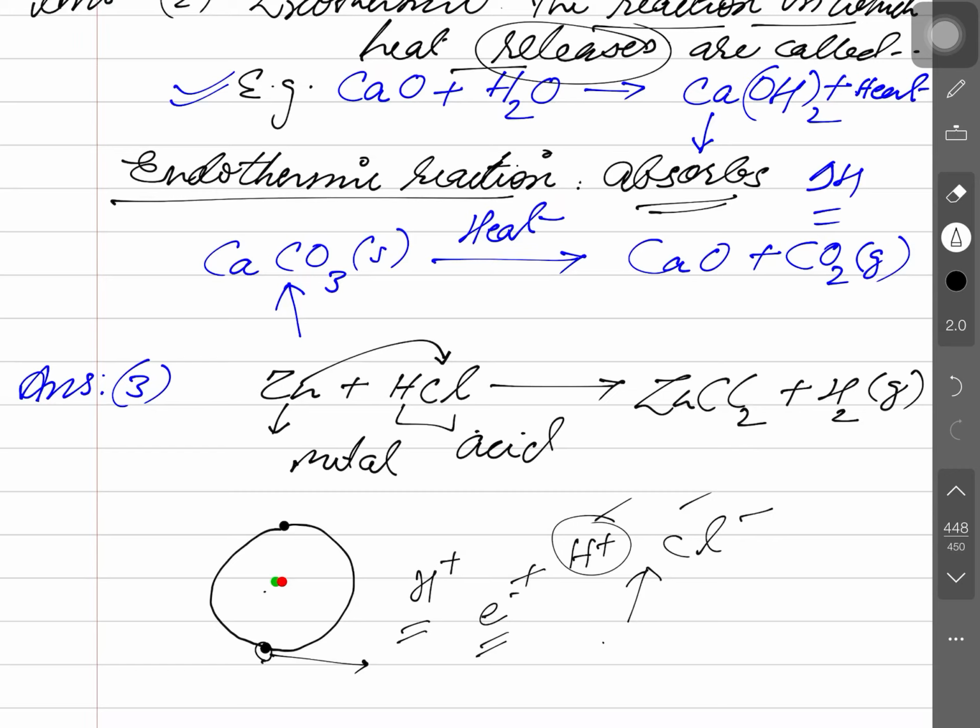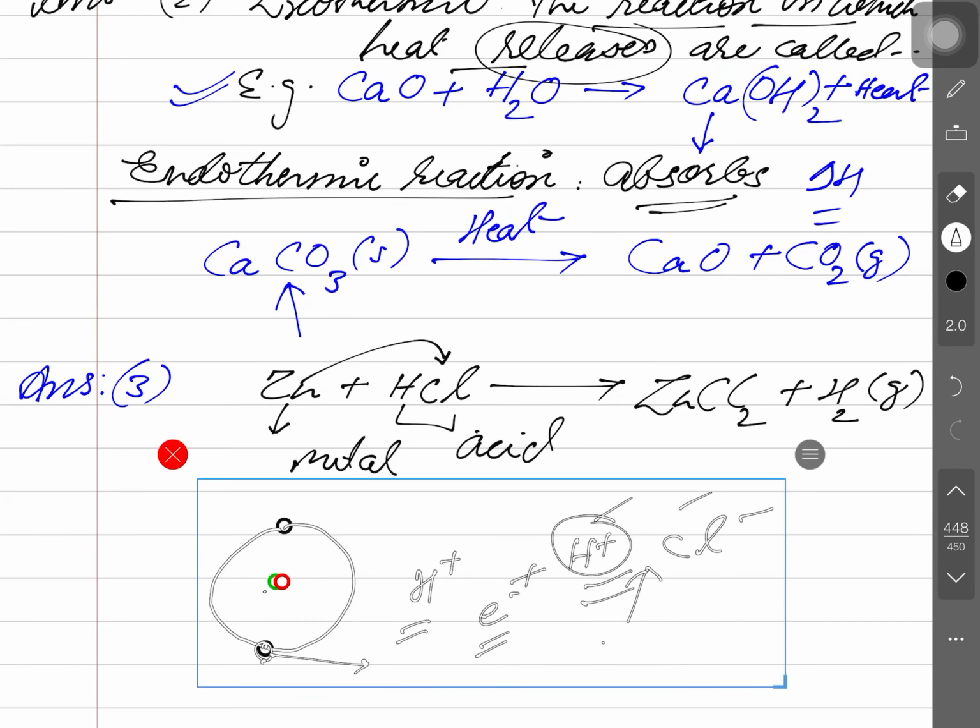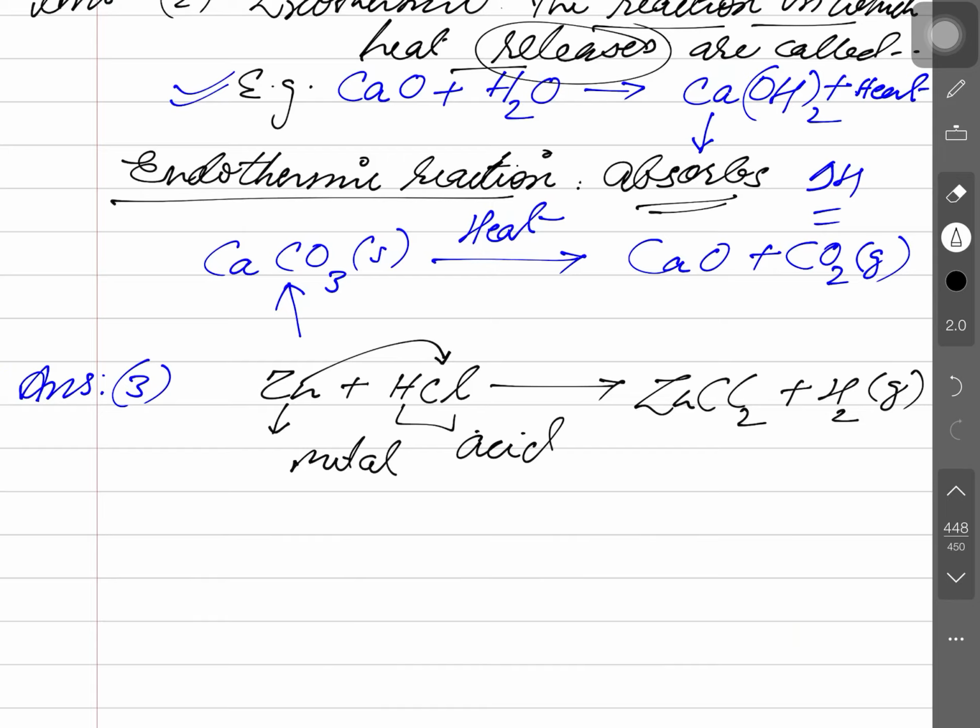So we can understand that if the hydrogen does not gain an electron, it will not form hydrogen gas. So this is the inside story. Zinc gives the electron to free the hydrogen atom, but the copper does not give the electrons. Why does this happen? Because copper is less reactive than the other. Is that clear? I hope you understood well.